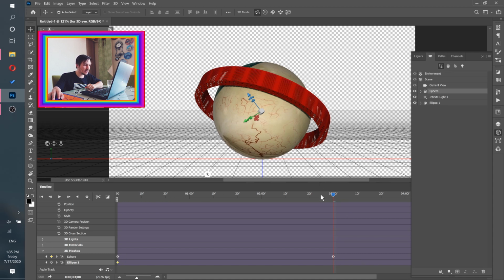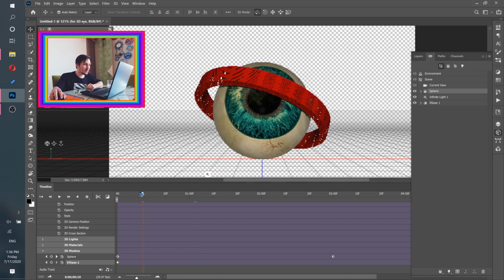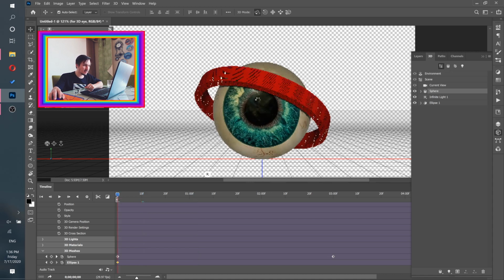So if I now move this thing, let's say somewhere here for example, as you can see, it changed the location. That means that it's animated. So every time I'm going to move my point, it will change it. So basically, it goes from this position to